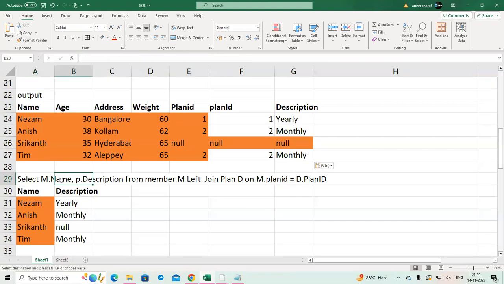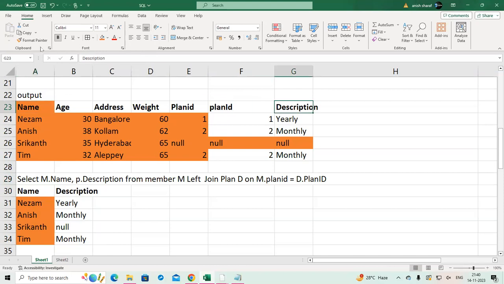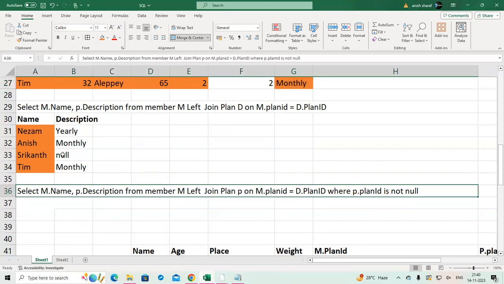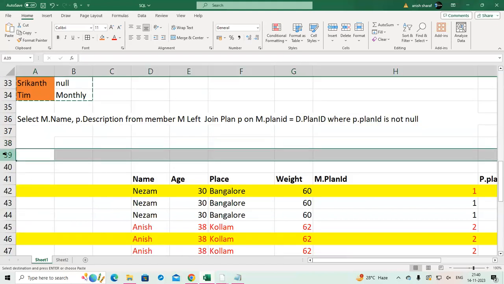Instead of a star, I am just selecting m dot name and p dot description. So my output will be like this. From this, I will be selecting this column and the description column. So I'll have this much in my output. Now if I have a where condition in the same select, like where plan ID is not null,